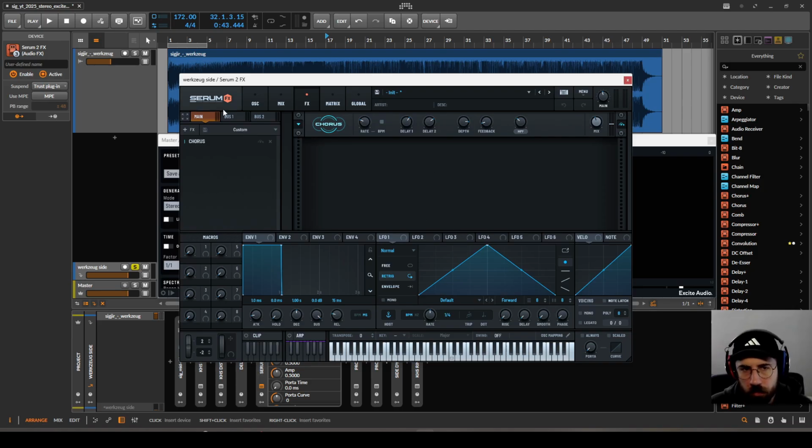In this case, I'm just using the Serum 2 chorus with Serum 2 effects. Any chorus can do it. This one has a particular sound that I just know and like. And I think it's pretty easy to use as well. So if we listen to this,